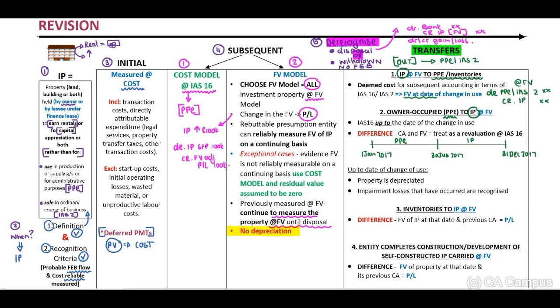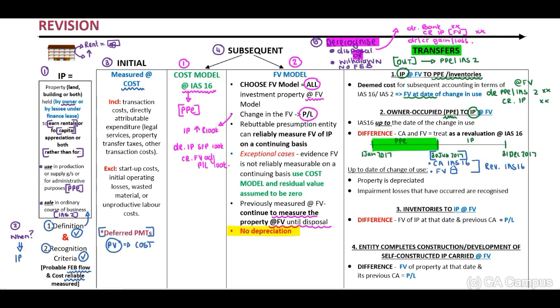Therefore, the beginning of the year will be 1 January 2017. Now, the standard indicates to us up until the date of transfer. Therefore, this period, you need to recognize the asset as PPE. Then on the date of transfer, which will be 30 June 2017, the difference between the carrying amount in terms